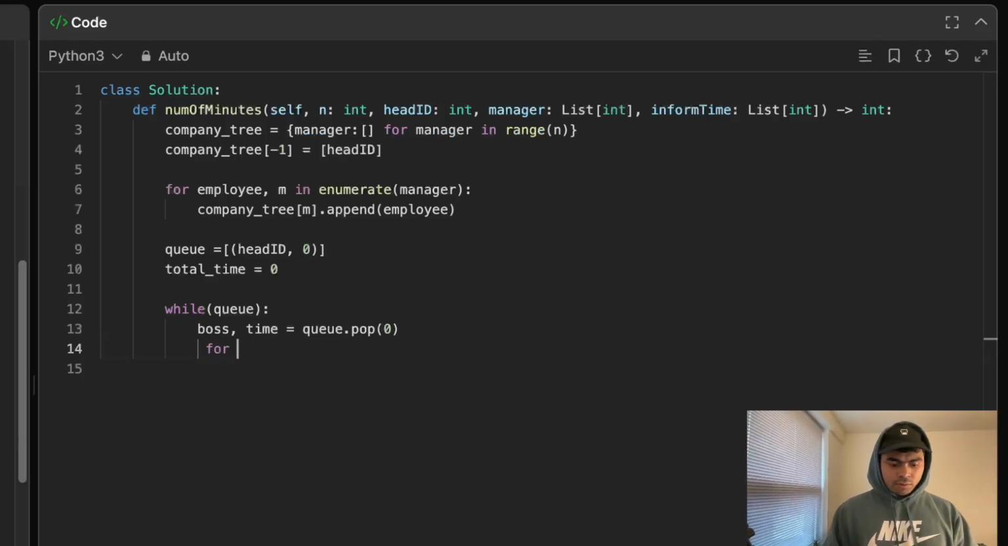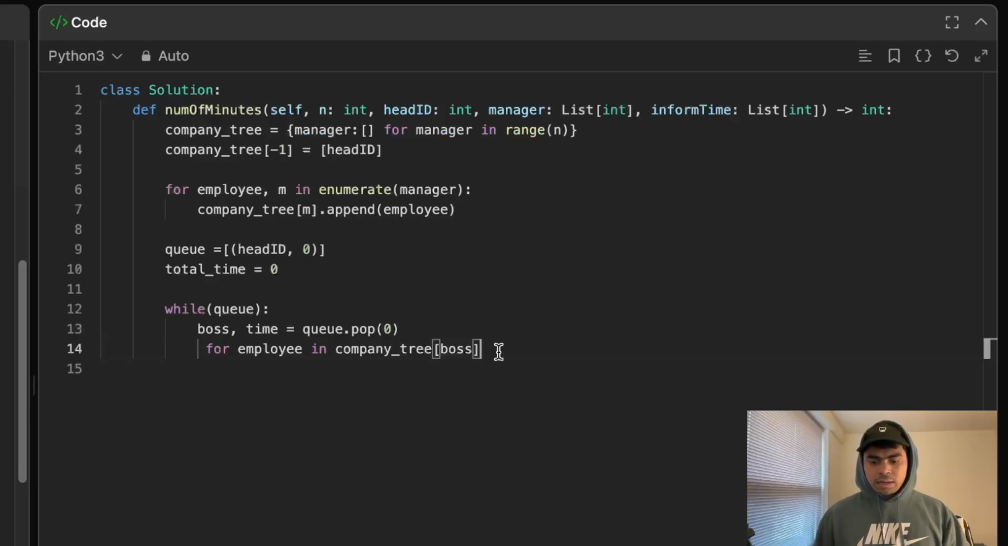I'm going to call for employee in my company data structure of this particular boss. Okay, and for this boss, what's going to happen is I will now append,